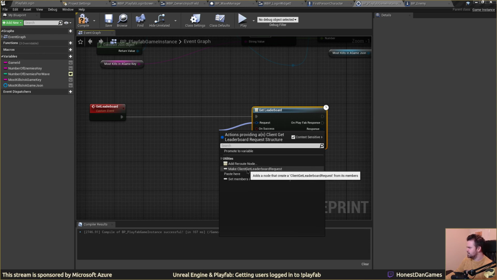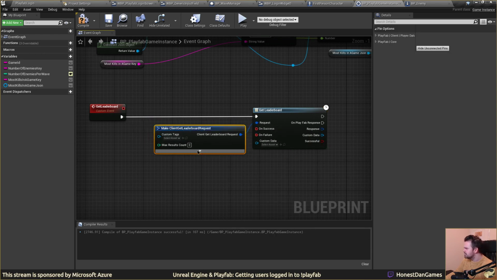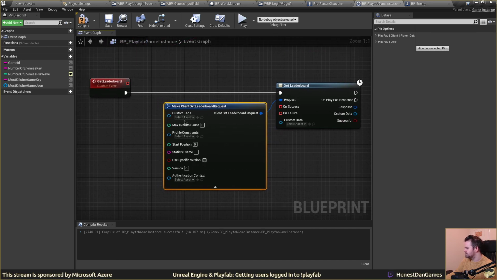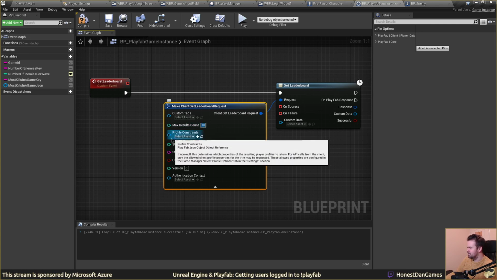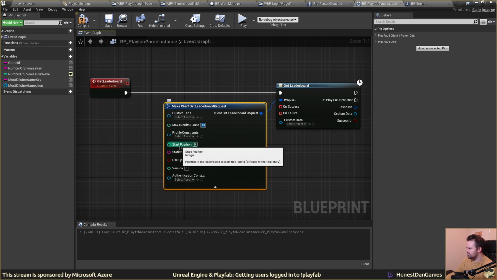Okay, let's make one of these client get leaderboard requests. What does it want from us then? Custom tags, we probably can ignore that. Max result counts. Default 10, maximum 100, even though the default here is 0. So that's probably just Unreal defaulting it to 0 there. So let's just say we want to get the top 10, the start position from 0,